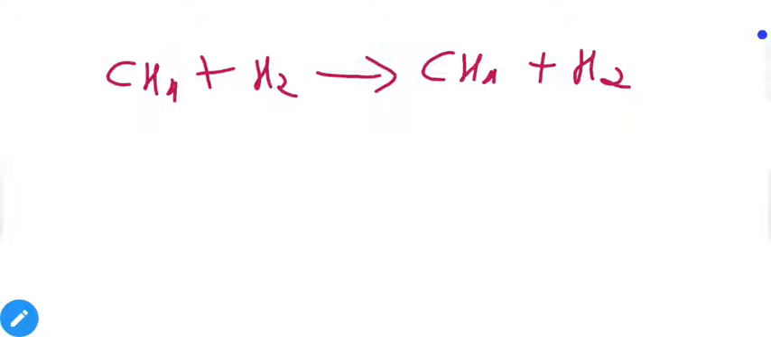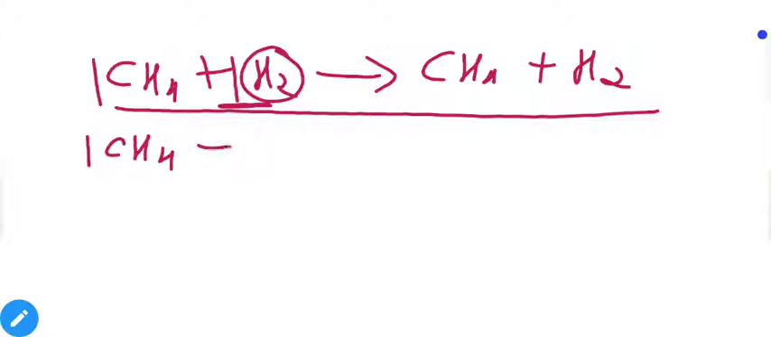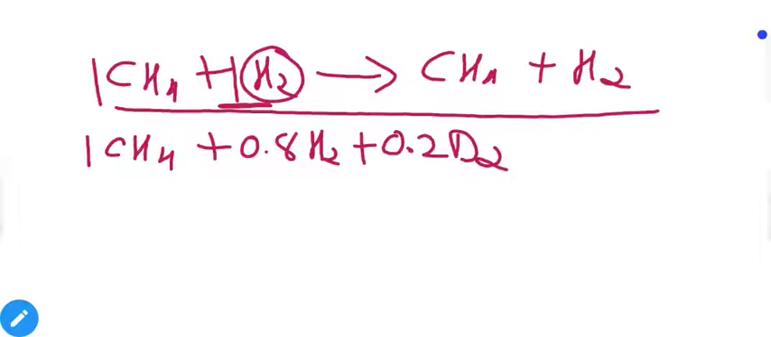So to understand whether anything is going on with this reaction or not, we have to replace hydrogen with deuterium. Let's say we have 1 mole of methane and 1 mole of hydrogen. Now from the 1 mole of hydrogen, let's remove some of the hydrogen and replace it with deuterium. That means our reaction mixture contains 1 mole of methane plus, let's say, 0.8 moles of hydrogen, and now some of the hydrogen is replaced with deuterium,